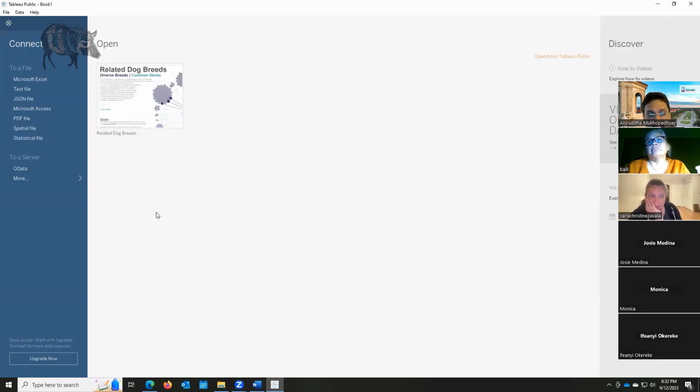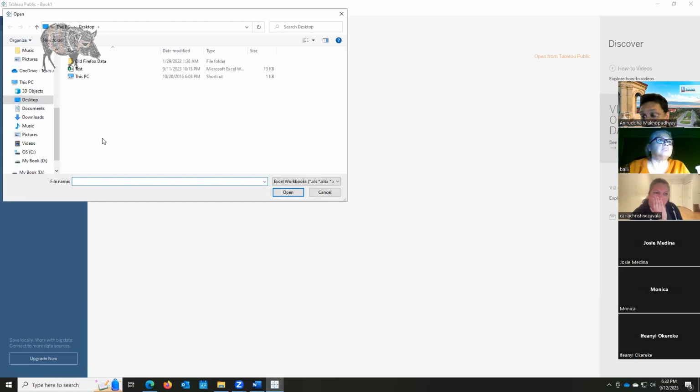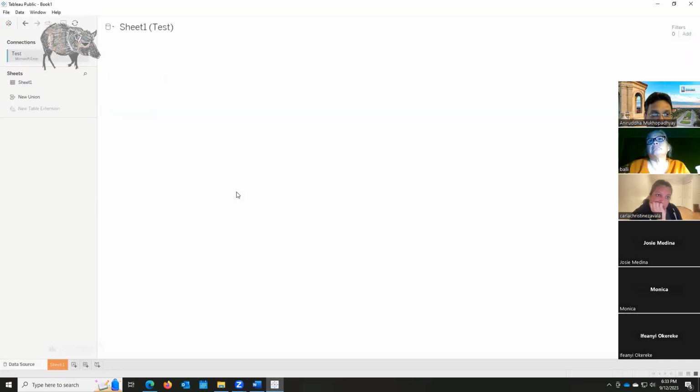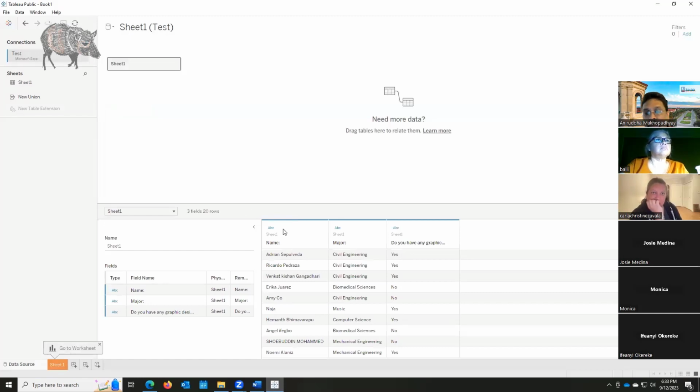And I'll just very quickly show you some simple things that you can do. So you'll need an Excel file, right? Any kind of data file. Here I have a data file which has names of people, their majors, and then whether they have any graphic design experience. These are all the people who have volunteered for our